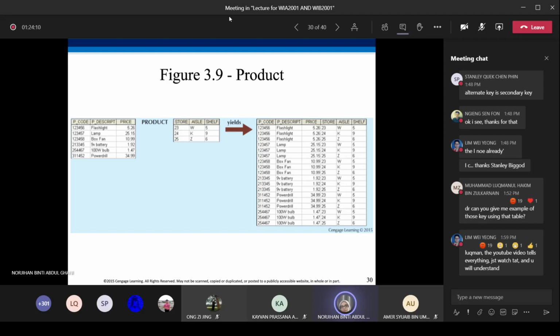Product is when we want to combine two tables, product and store. Let's say this is the original product table, from 1, 2, 3, 4, 5, 6 until here.